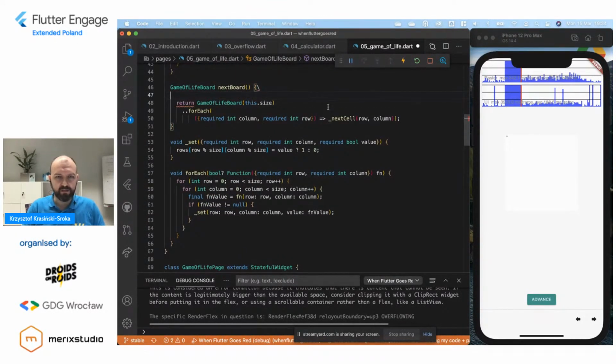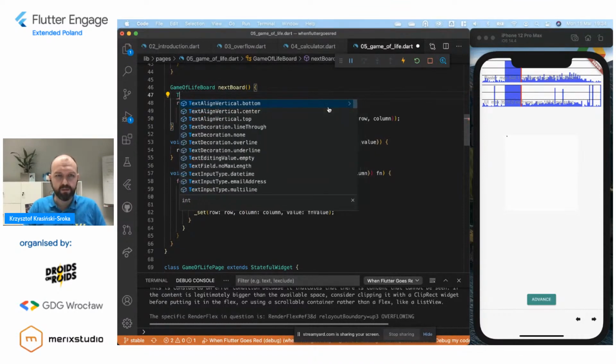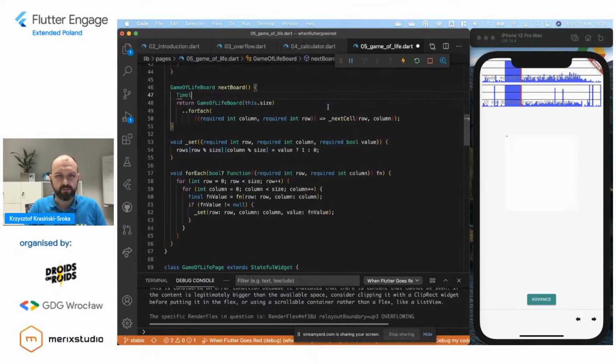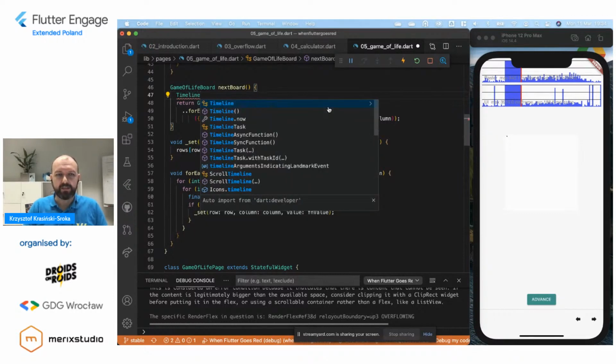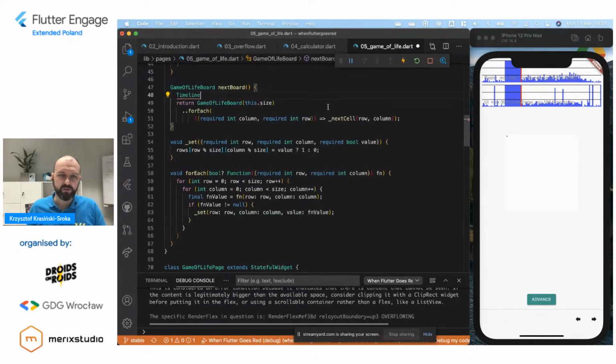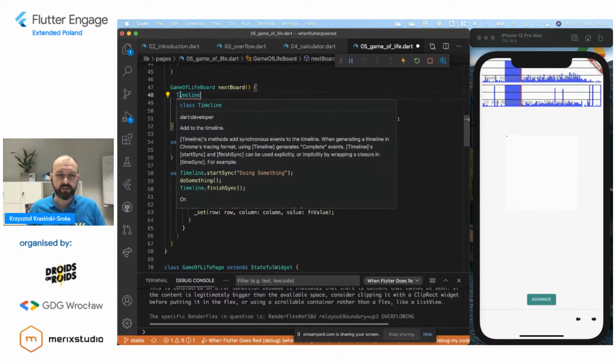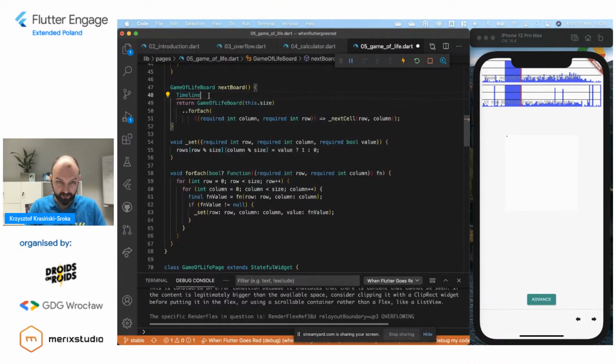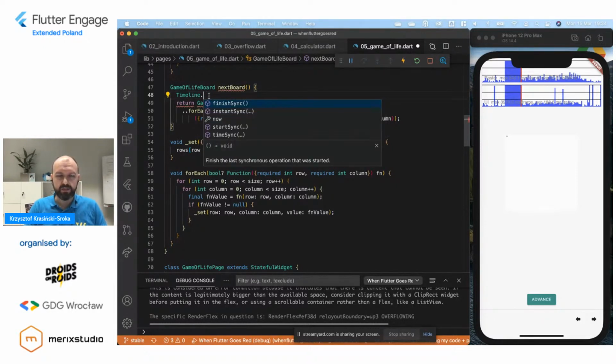And we here can introduce something called timeline. Timeline is a tool from the Dart developer package, which is also included in the Flutter SDK. And timeline allows us to measure time of execution of both asynchronous and synchronous functions.